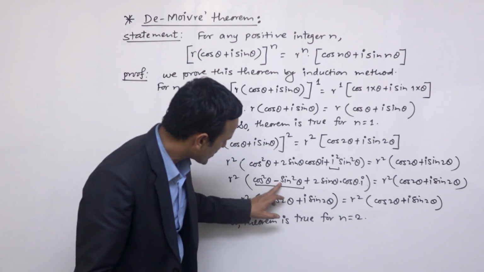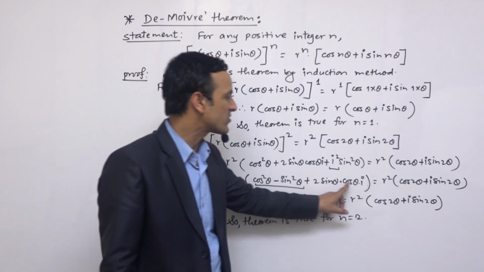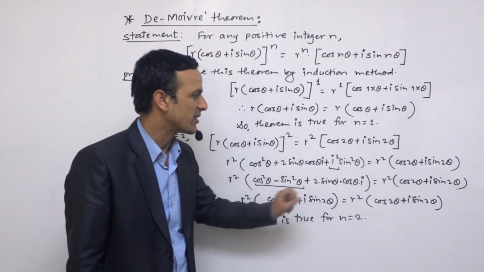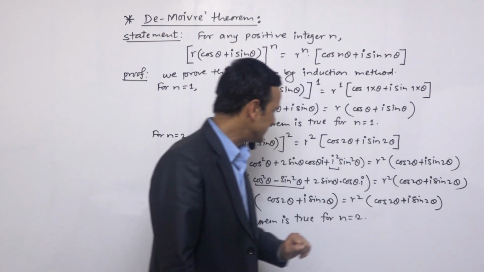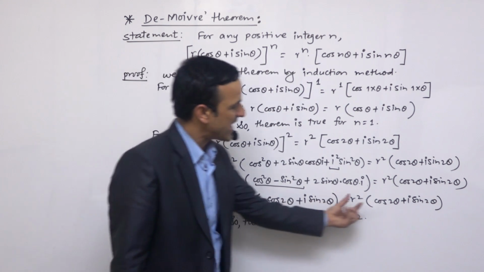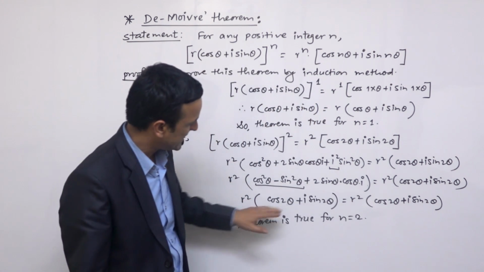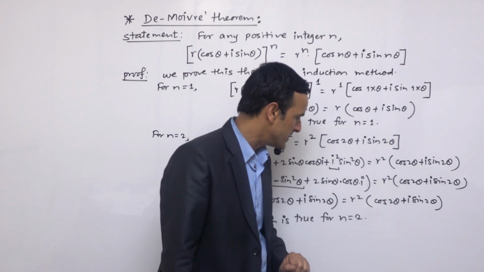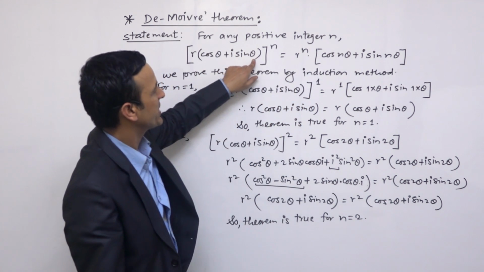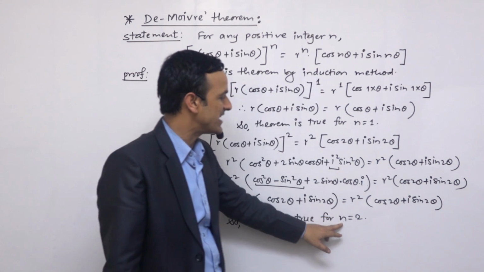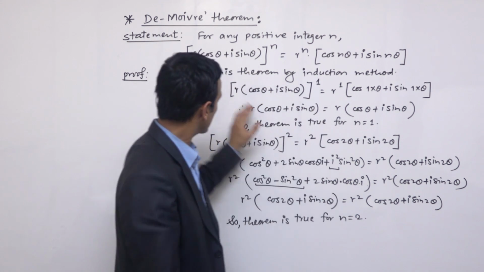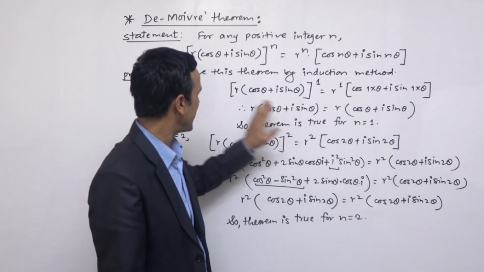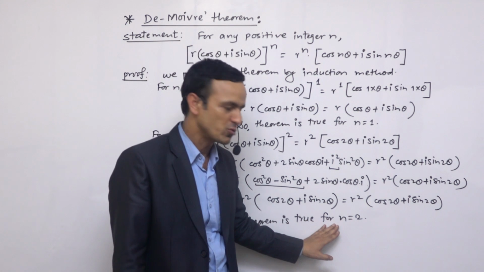अब हामीले यहाँ यसको ठाउँमा यो टर्म लेख्यौं, 2 sin cos को ठाउँमा sin 2 थीटा लेखौं, यो टर्म एज इट इज छ। अब हामीले एलएचएस र आरएचएस हेर्यौं भने यसमा के पाउँछौं भने एलएचएस मा भएको टर्म र आरएचएस मा भएको टर्म एक्ज्याक्टली दे आर सेम। दैट्स व्हाई दिस थियरम इज ट्रू फर n इज इक्वल टु 2। n इज इक्वल टु 1 राख्दा जसरी थियरम ट्रू भयो, n इज इक्वल टु 2 राख्दा पनि यो थियरम ट्रू भयो।